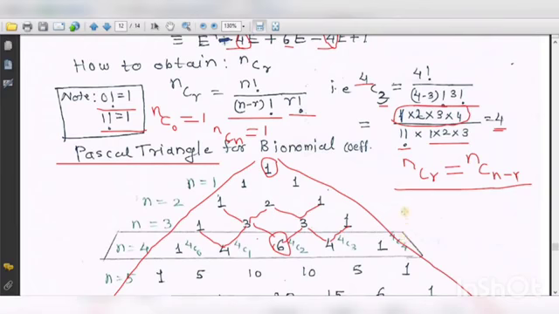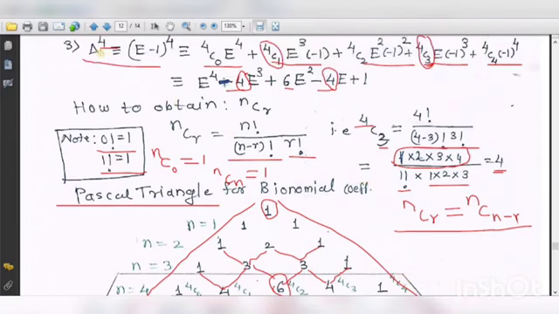Now look at how to pick up these values. If you observe the binomial expansion, we have done it properly using the binomial formula, that is 4C0 e raised to 4 plus 4C1 e cubed minus 1 and so on. You can see on your screen the expansion of delta raised to 4 that we have written using the formula.